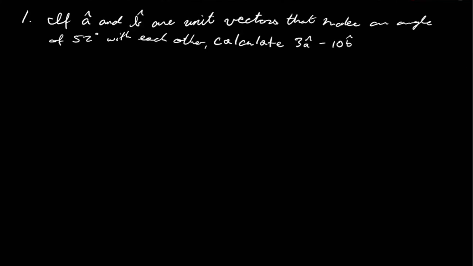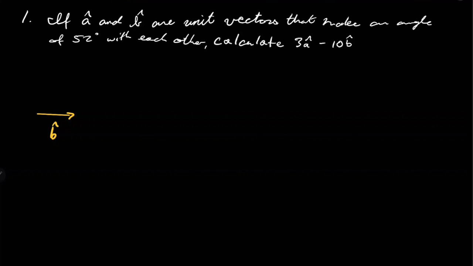So I've shrunken down the problem, so I have more room to work. They're both unit vectors, which means they have a magnitude of 1. And then I'll draw one vector, and then the other vector will have an angle of 52 degrees relative to the other, regardless of which way I position them. Regardless of which way I position the first one, I will choose to position my first one horizontally to make it a little bit easier. Actually, that's too long. I'm going to draw vector B as my horizontal vector,